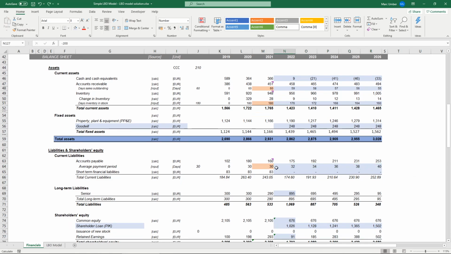Okay. Now finally we need to take a look at the cash balance, and this is still not a sustainable cash